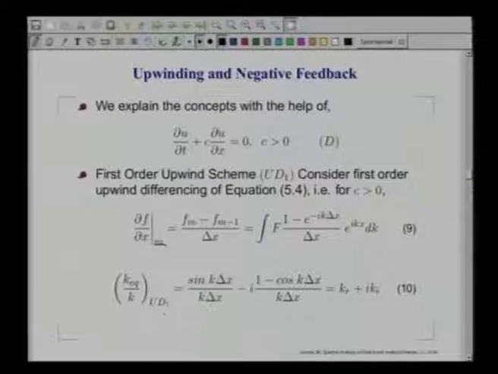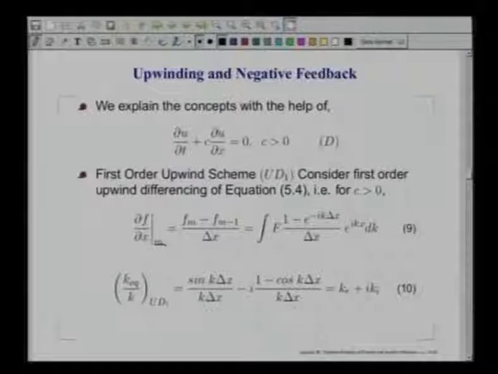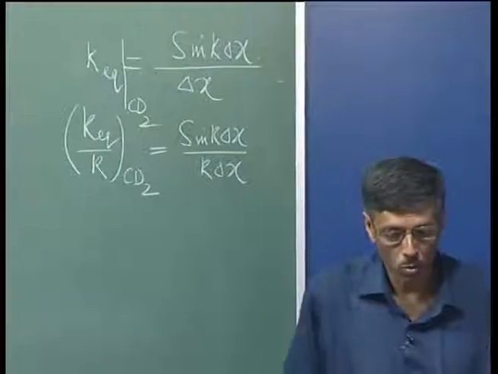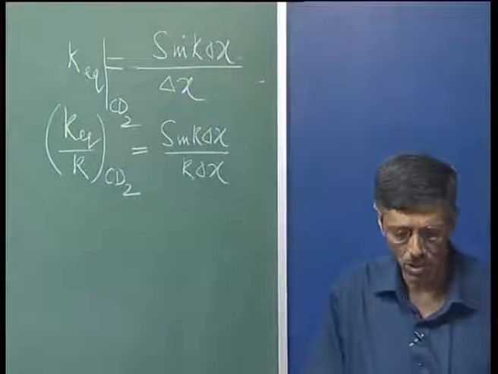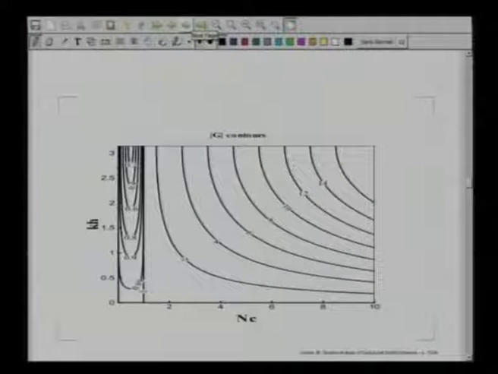You can work it out, and what you would notice is that it has a real part which looks exactly like what we had obtained for the CD2 scheme. In addition, you have an imaginary part. The imaginary part actually is the numerical dissipation that we have added to the scheme. Okay. Why I am saying numerical dissipation, we can show subsequently, but what we can do is basically